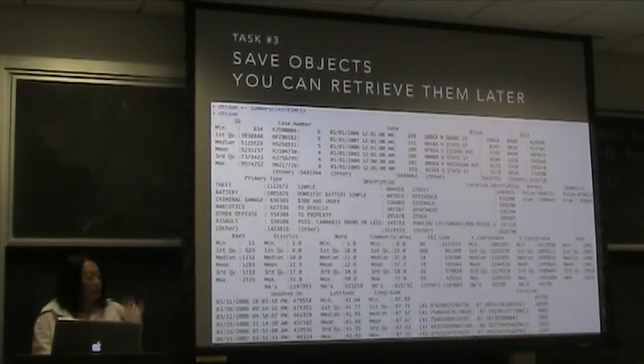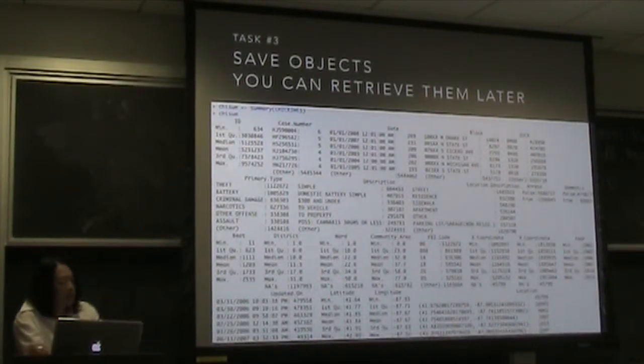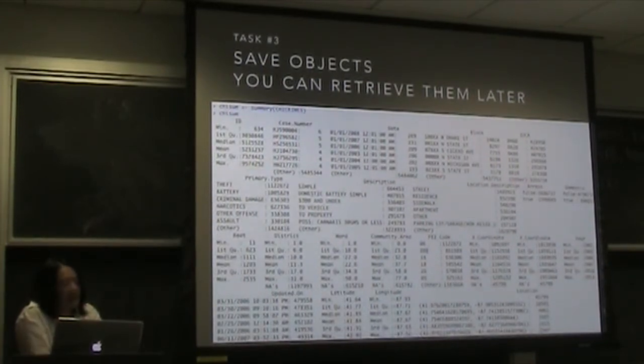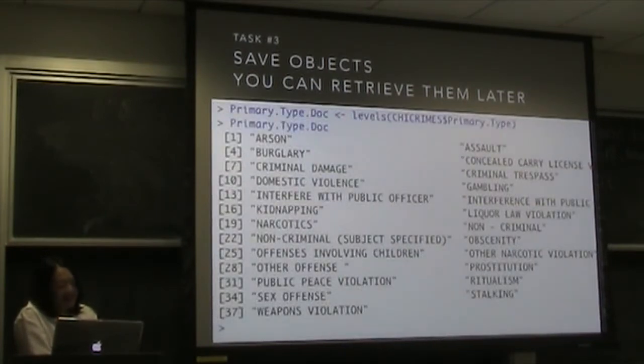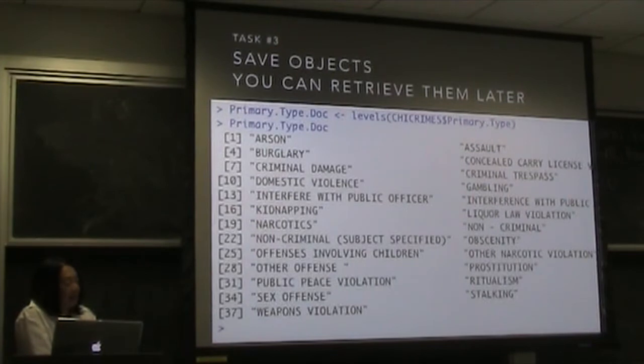You can retrieve them later. We saved the data set, but there are lots of other things you can save. You can save your summary. You can pretty much save anything you want in R. It's just knowing that you could do it. Chi's sum is just my summary for Chi crimes, and it's an exact duplicate, so I could mail this object. Same thing here, I could save the levels. So now I have a code book, something I can share and discuss.